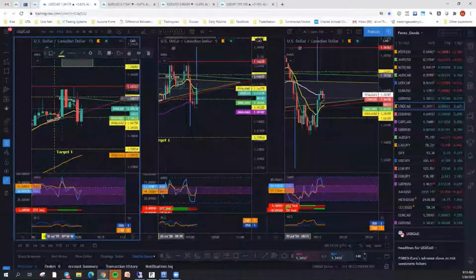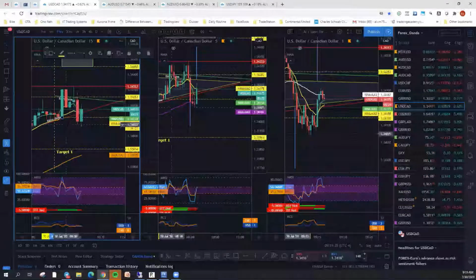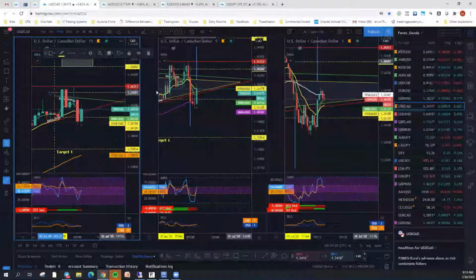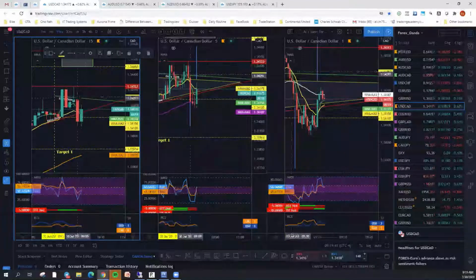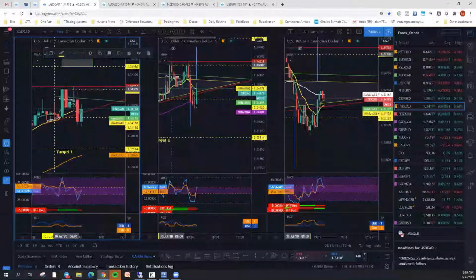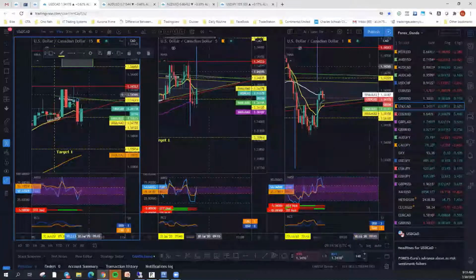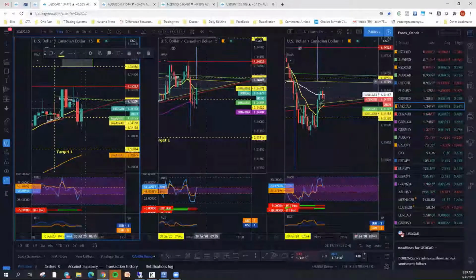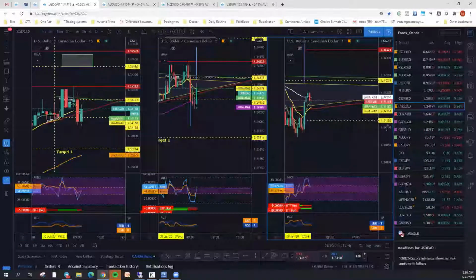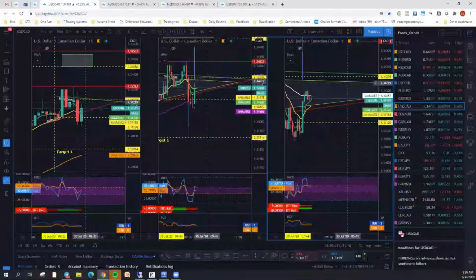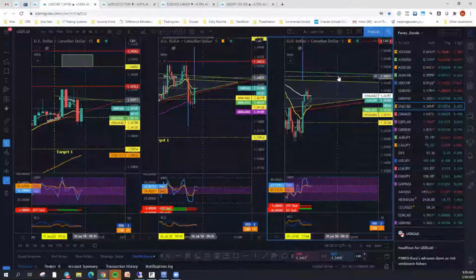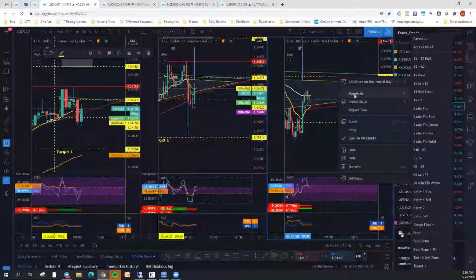Now we did have the break of this 15-minute candle. It did break and did close below this big blue candle. This is our zone that we're dealing with right now. I don't want to see it close above this blue candle. I don't want to see this 15-minute candle close above this yellow line. That would be a danger zone for a short.